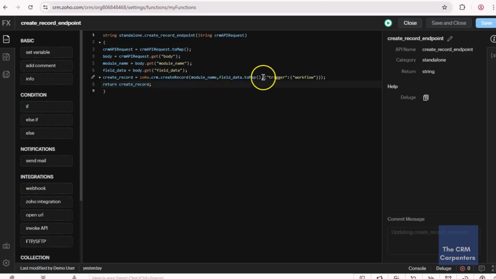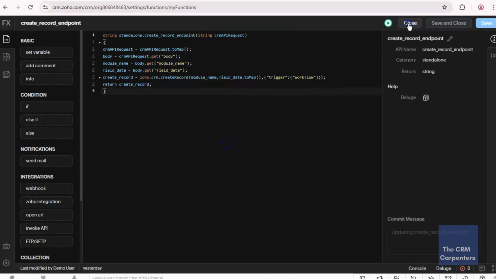And in here, this one is optional, but it is best recommended to have, because this option tells Zoho to fire any associated workflow rules on the new record, just as if it were created manually in the CRM. So we need to save this,